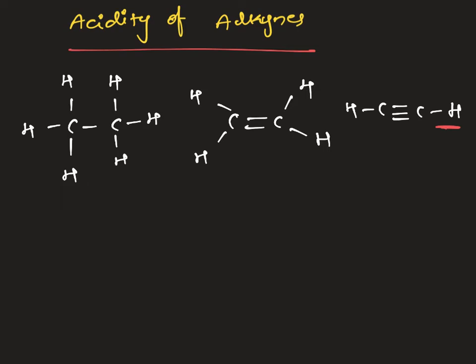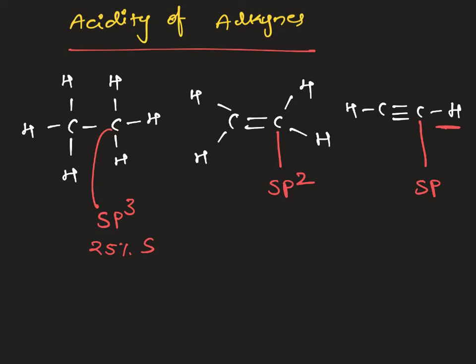If we look at the hybridization of the carbon in an alkane, which hybridization does it undergo? It undergoes sp3 hybridization. Similarly, an alkene carbon undergoes sp2 hybridization, and an alkyne carbon undergoes sp hybridization. So we call this an sp3 carbon, this an sp2 carbon, and the last one an sp carbon. In the sp3 hybridized orbital, what is the s character? In total 4 orbitals are there, one is s, so it becomes 25% s character.